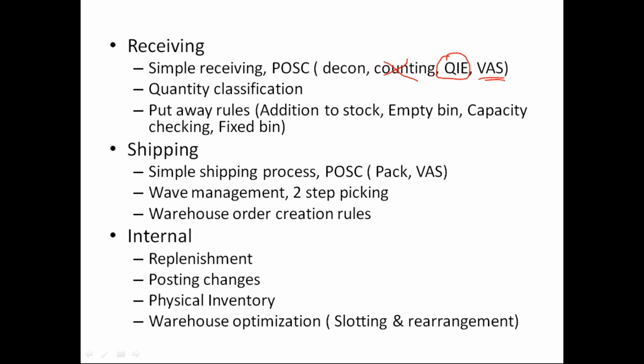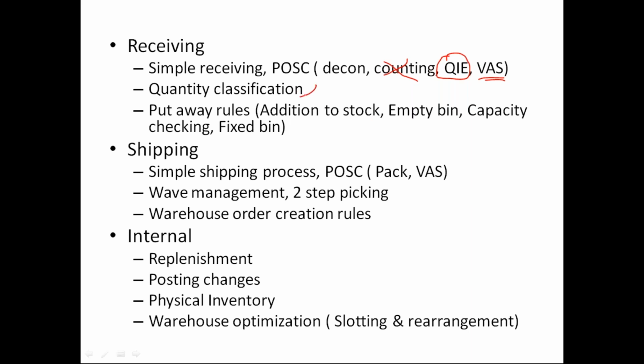And we can have validated services. And you can work with quantity classifications. Quantity classification, for example: if I receive handling units, I want to place them in one storage type. If I'm receiving loose products, I want to place them in other storage types. The material may be the same, but sometimes I'm receiving handling units and want to place them in one storage type, and when I'm receiving loose products, I want to place them in another storage type. That can be achieved with quantity classification.